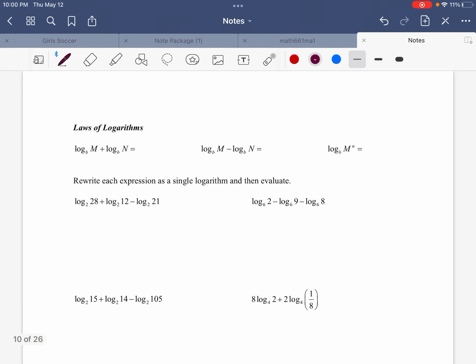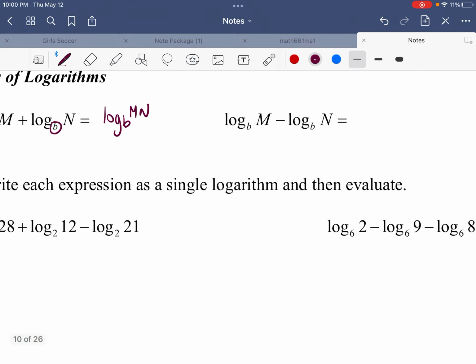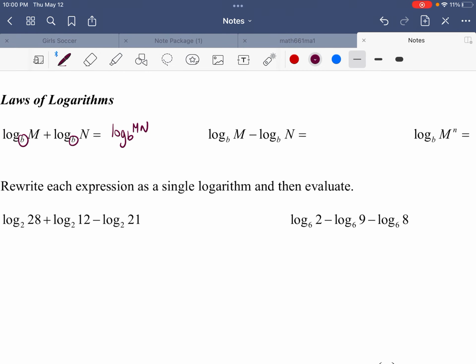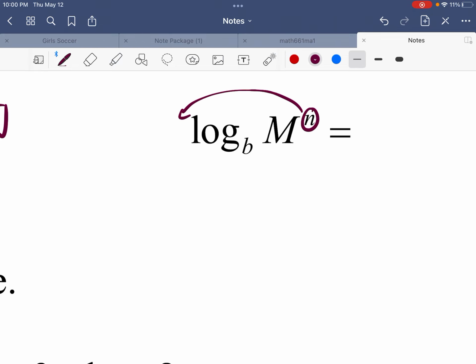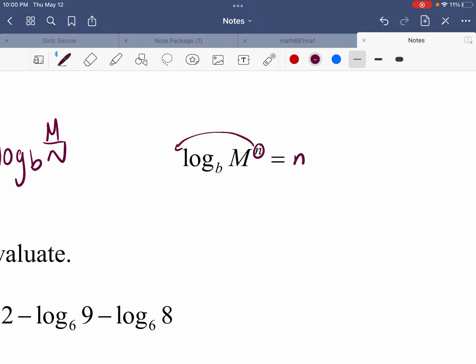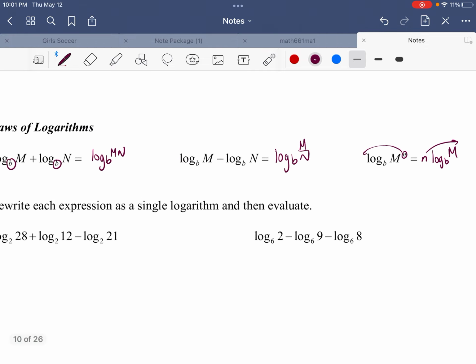All right. So laws of logarithms. If you're adding logs with the same base, that's important, you're going to multiply the arguments. If you're subtracting logs with the same base, you're going to divide the arguments. Okay. This exponent here, you can bring to the front. Okay, that's an important rule. You can bring an exponent down or you can put it up depending on what you need